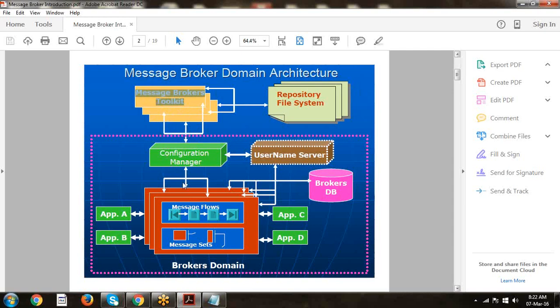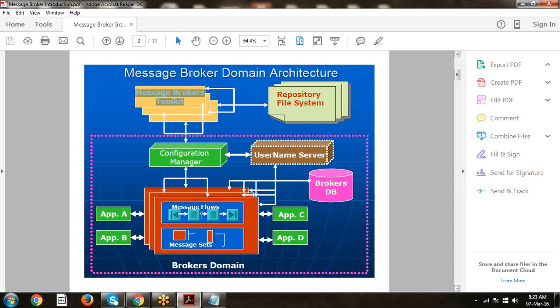The Configuration Manager is a communicator between the toolkit and the broker domain. Under a broker domain we can create a number of brokers. The User Name Server is for authentication purposes.